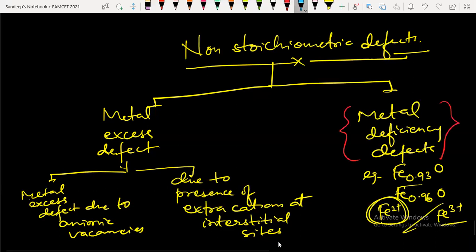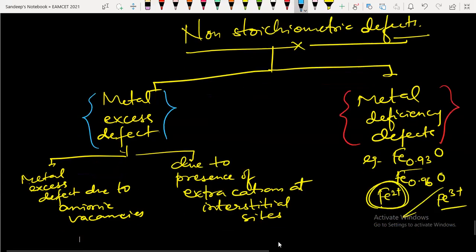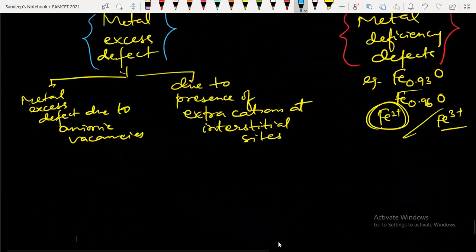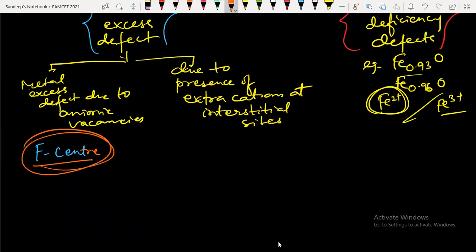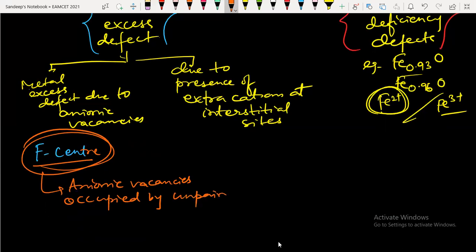So these are called metal deficiency defect. Now coming to metal excess defect, there are two types. Metal excess defect due to anionic vacancy: some of the anionic sites are vacant, which are occupied by unpaired electrons. So an anionic vacancy occupied by an unpaired electron is called F-center. So in place of the anion, the unpaired electron will come, and that is the cause of pink color